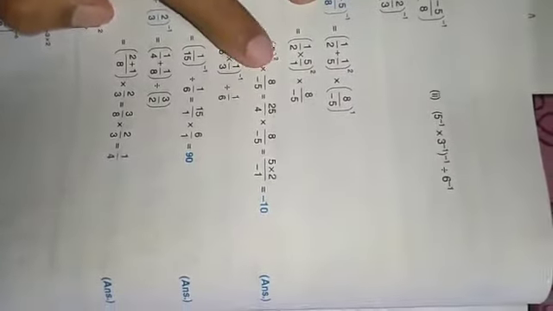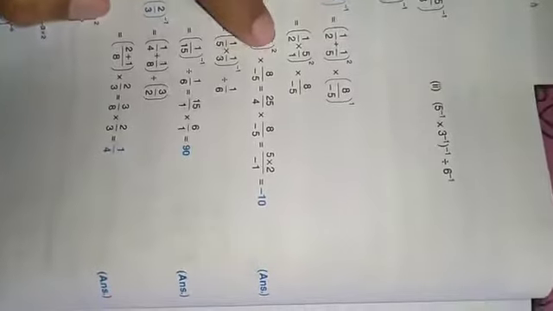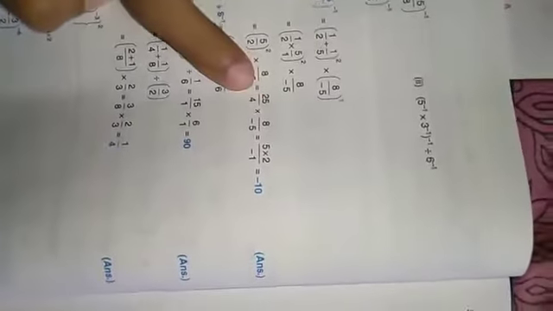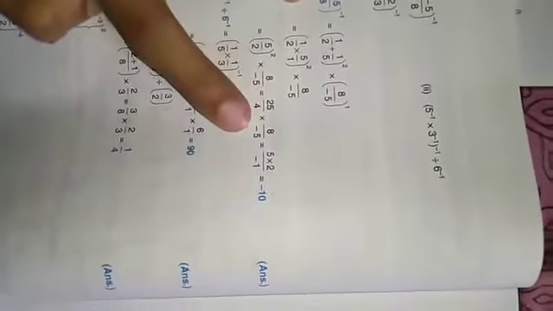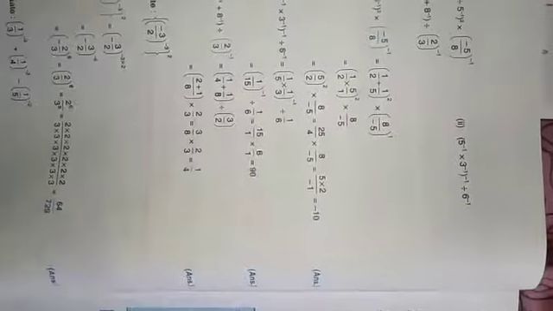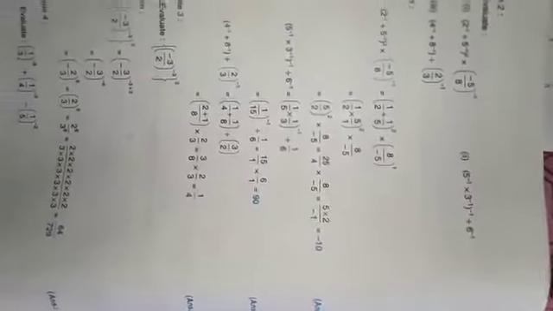So (5/2) whole to the power 2 means 5 to the power 2 by 2 to the power 2. That means 5 to the power 2 means 25 and 2 to the power 2 means 4. So 25 by 4 into 8 by -5. So 25 by 4 into 8 by -5, that means 5 into 2 by -1. Okay. So equals minus 10. It is the answer. Clear?